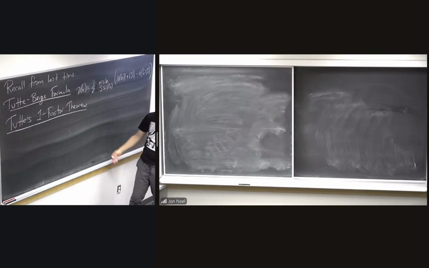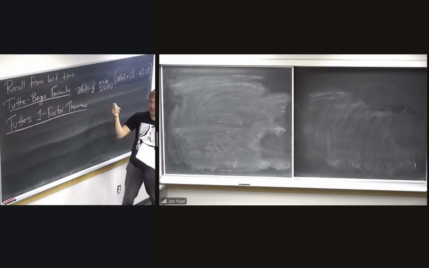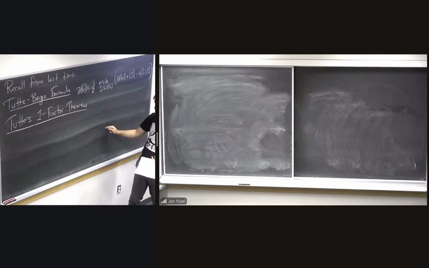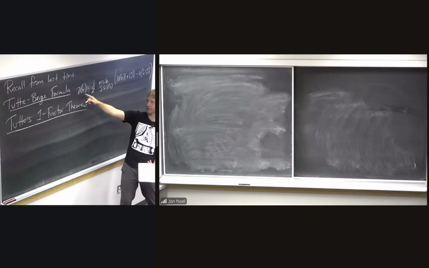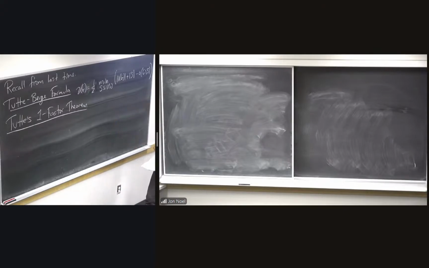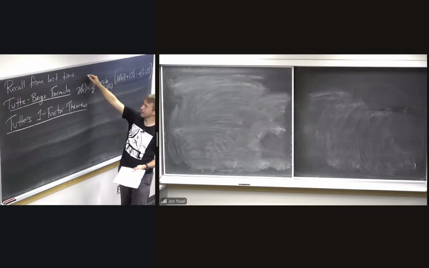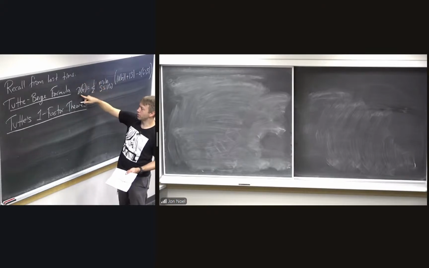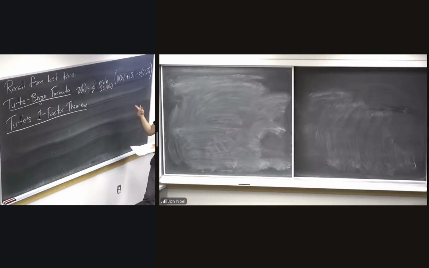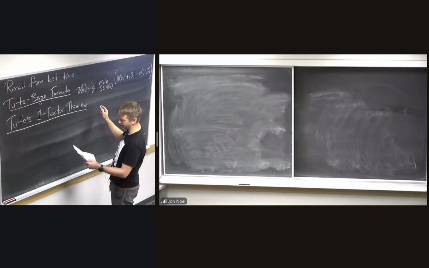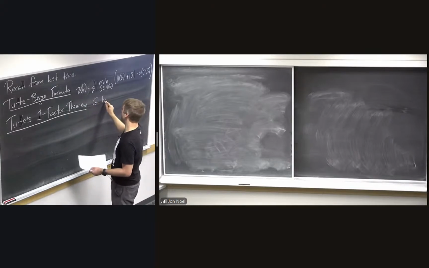So G has a perfect matching if and only if the size of the biggest matching is the number of vertices over 2, because a perfect matching would have n over 2 edges if you had n vertices. So if you just plug in |V(G)| over 2 into this side, it tells you what would have to happen. So anyway, Tutte's one-factor theorem says that G has a perfect matching